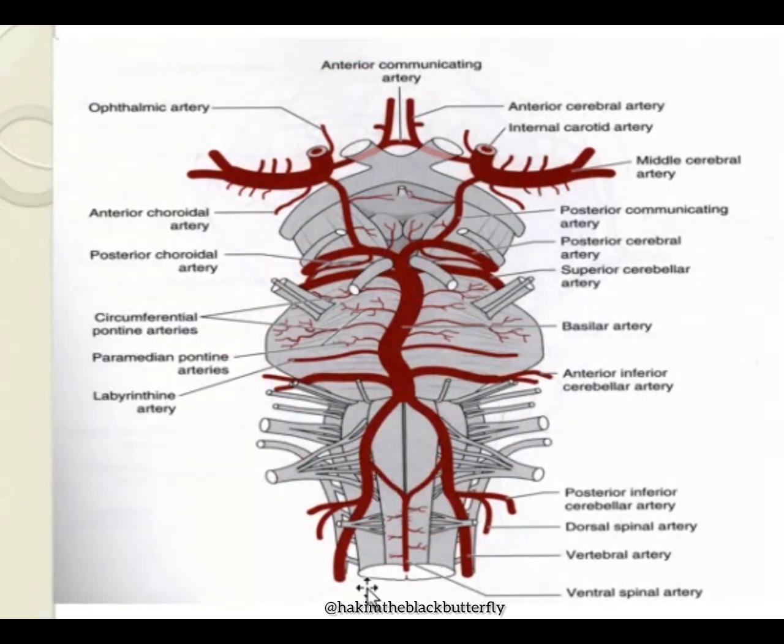Now, these are the 2 vertebral arteries which enter the cranial cavity through the foramen magnum. And they are moving on the lateral aspect of the medulla oblongata. This is the medulla oblongata. You can see the cranial nerves which are coming out from it. Now, these 2 vertebral arteries